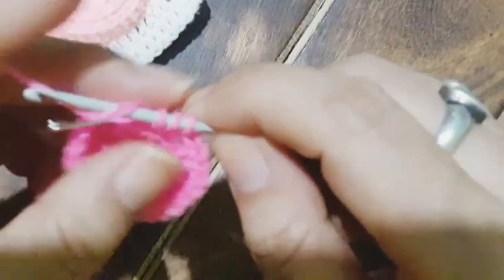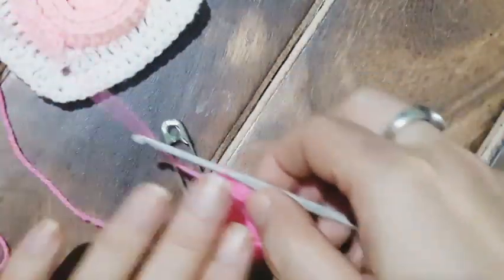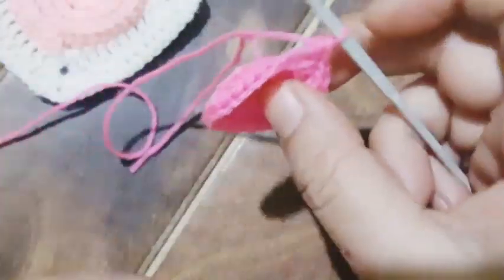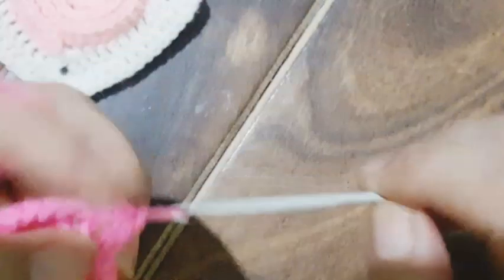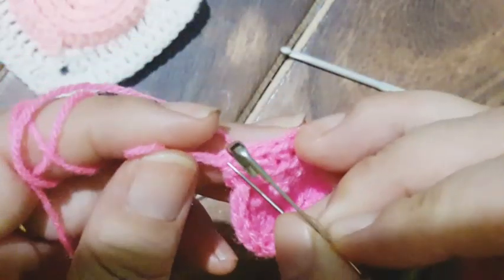So here I am very close to the starting point. I worked my 2 half double crochet in the same loop. Now I'm going to remove the stitch marker for a short time, and I am going to work 1 half double crochet in the first back loop,